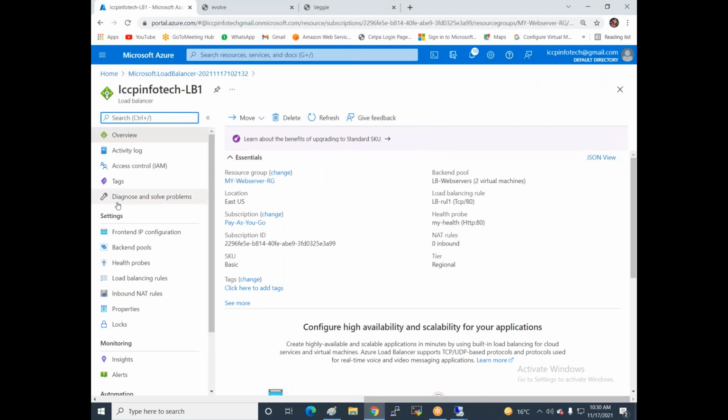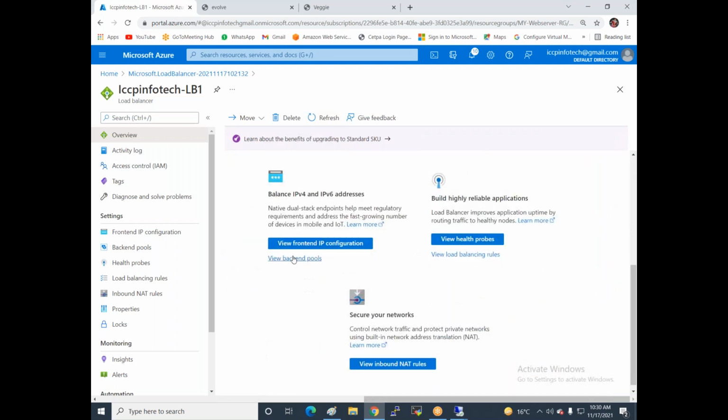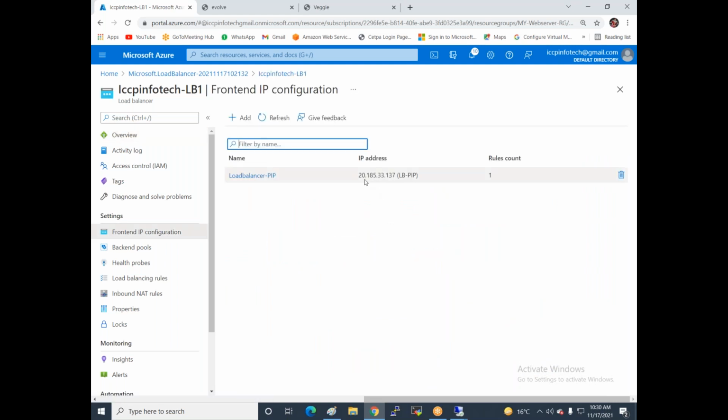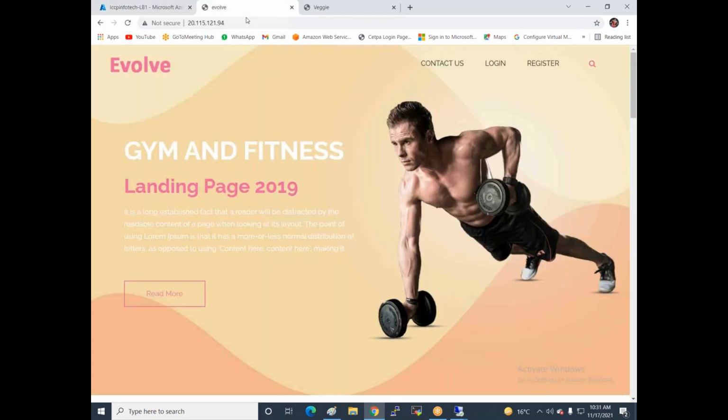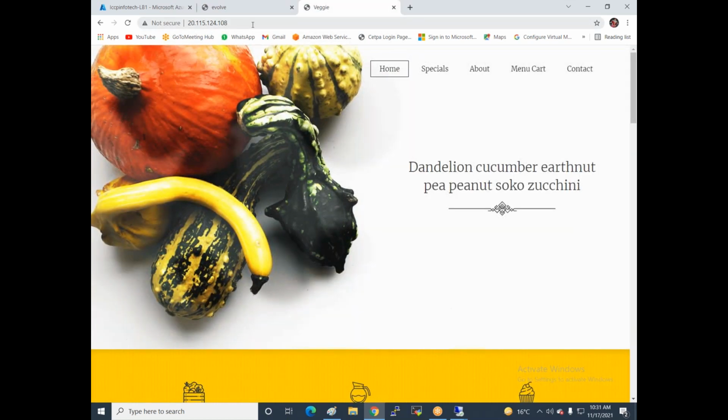Let me click on refresh. Now view the front end IP configuration. You can see the public IP is 137. And this is my web server 1 IP 94, and this is 108.